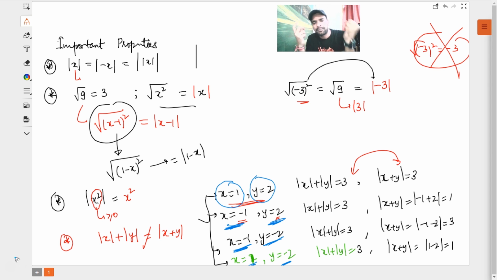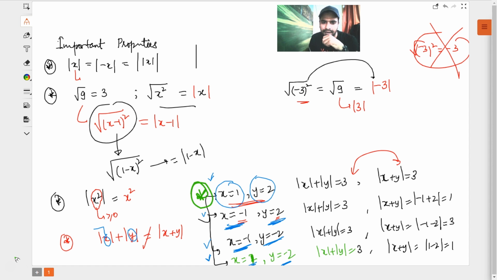What are they? I'm talking about the things inside the modulus, that is, what is written inside it. Both of these things can be positive, which is one case. Both of the things inside the modulus can be negative as well. And one positive and one negative give me two other cases. So in total I have 4 cases, but out of these 4, if you look at the problem carefully, you will get to know that case number 1